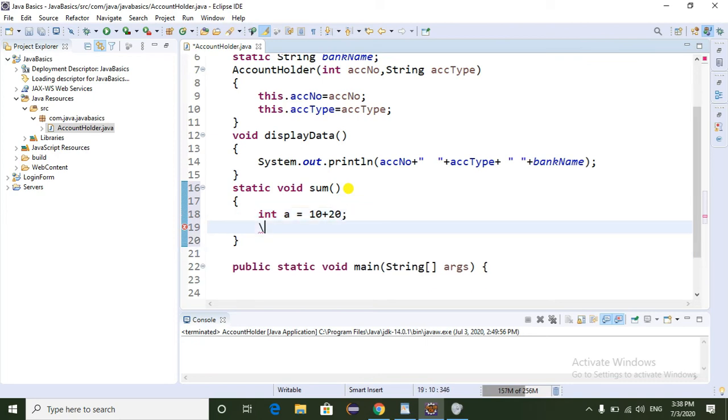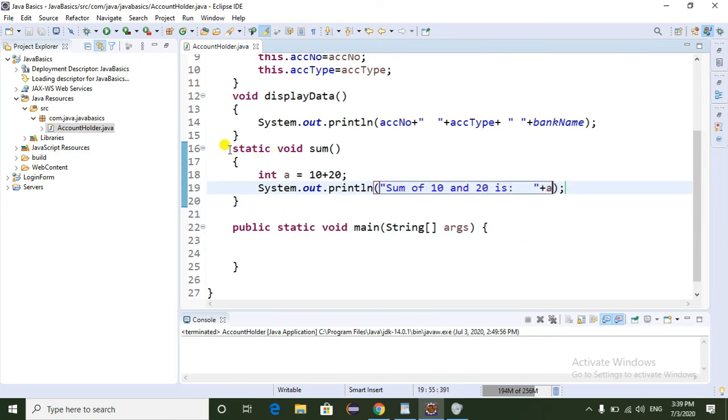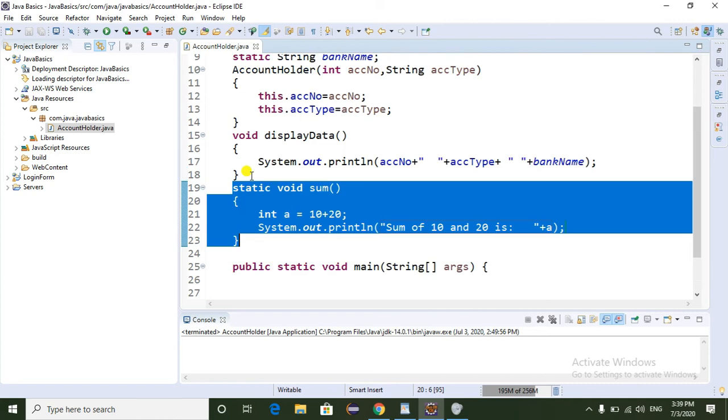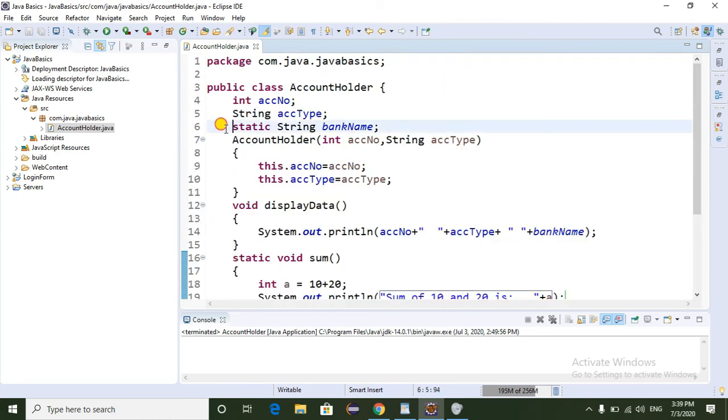Here I am going to write a System.out.println. Here I am printing sum of 10 and 20 is, here I am going to print the sum of two numbers. This is nothing but a static method. This is nothing but a static variable.